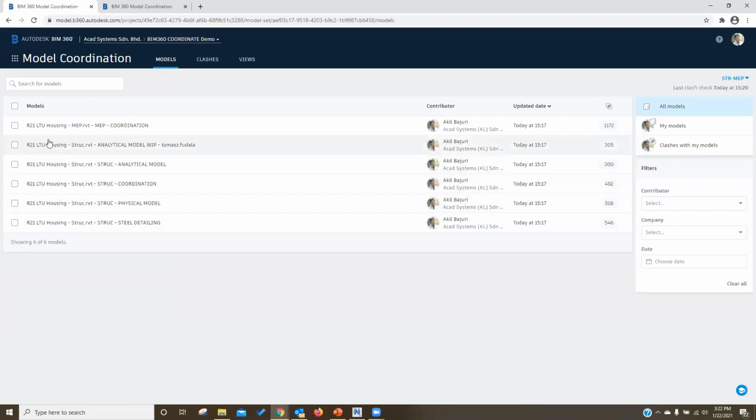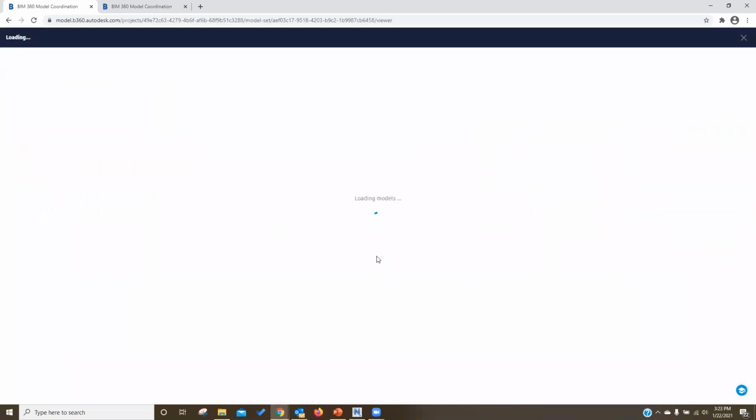If the software has done its analysis, it will list out all the models and all the views available in the models. The structure has the views of the steel detailing, physical model, and also coordination. Say I click these coordination and MEP coordination views, and I want to view the 3D between these two coordinations, I will just select these two views and click View up here.